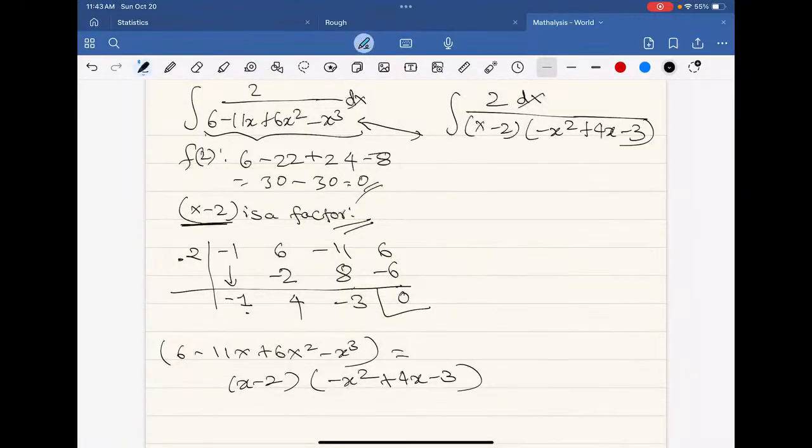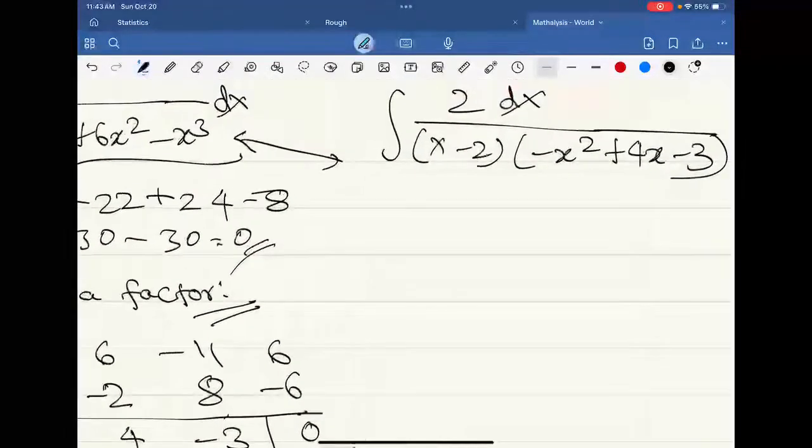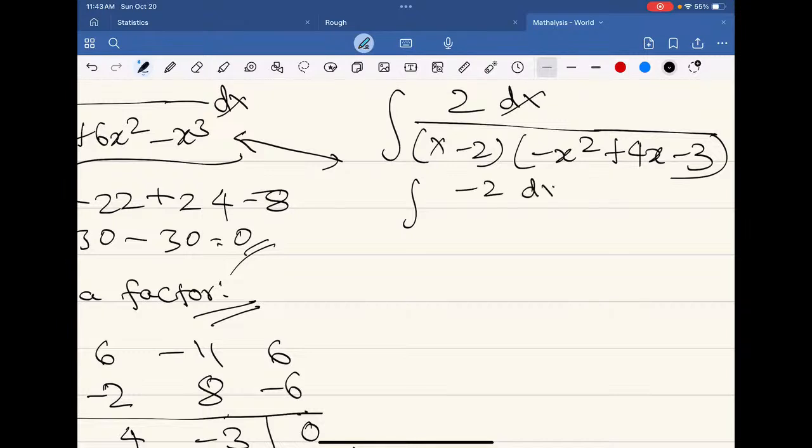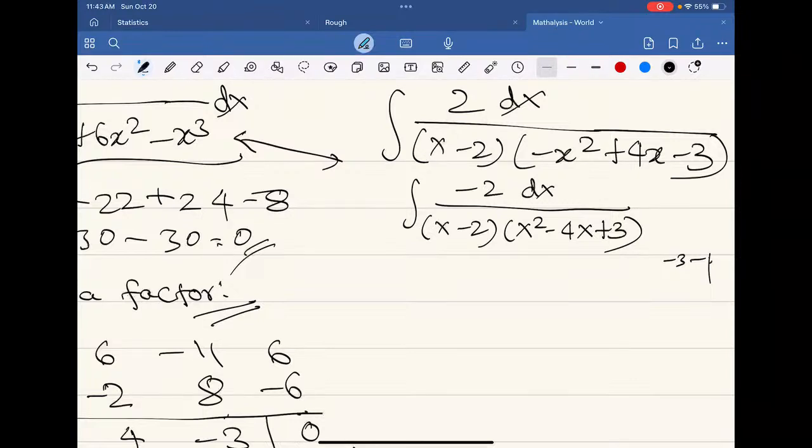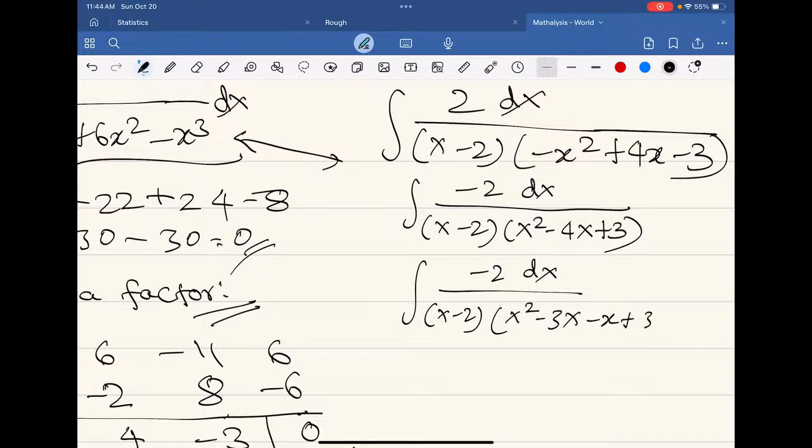Now what do I do? Can I further break x square plus 4x? Okay, first of all, let me write it as negative 2 dx divided by x minus 2 times x square minus 4x plus 3. Can I do anything over here? Yeah, I think that I can do minus 3 minus 1, right? Product is 3. Yeah, let's do that. Minus 2 dx by x minus 2 times x square minus 3x minus x plus 3, because sum is negative 4,